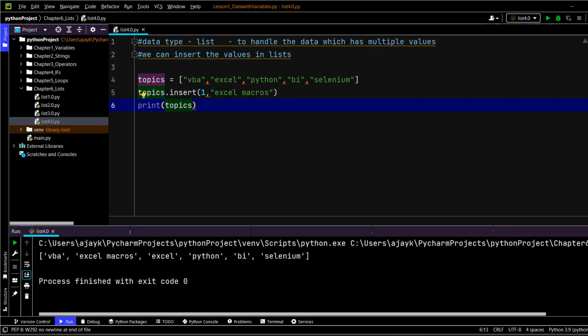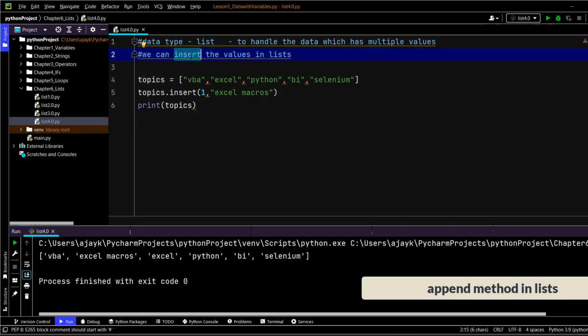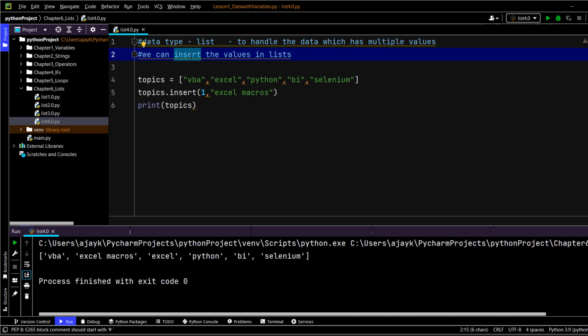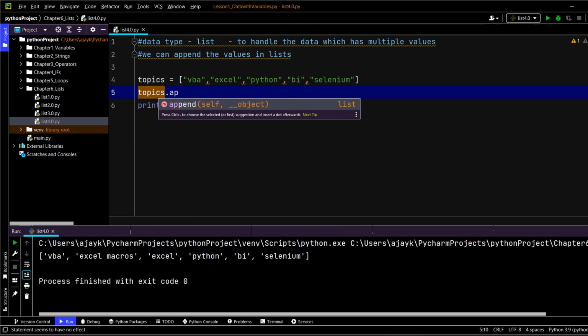Now, in addition to the insert, I basically want to talk about one more function which we use, right? Which is append. Now, what is the difference between the append method and the insert? See, in the insert you can target some specific position, but if you try to use the append over here,